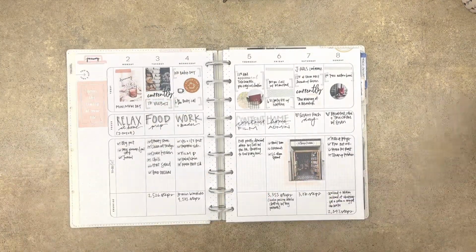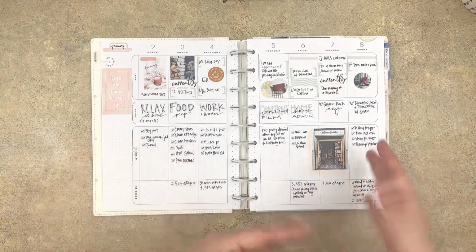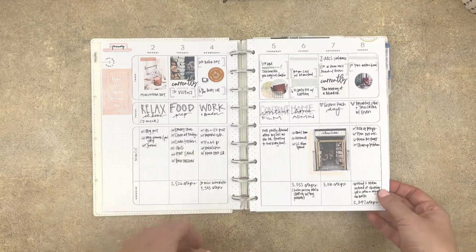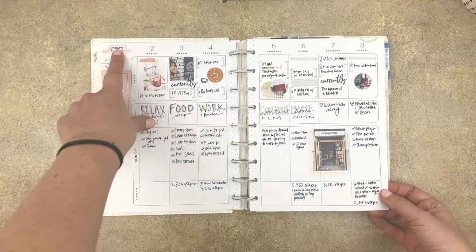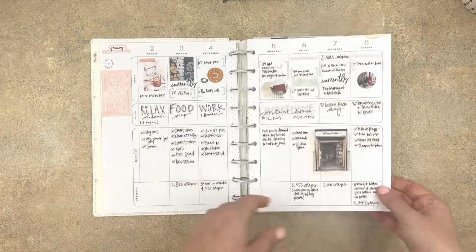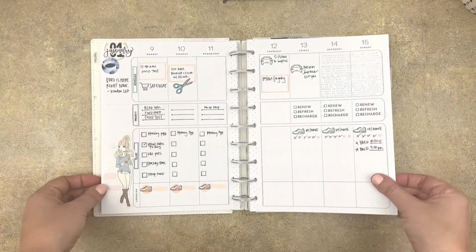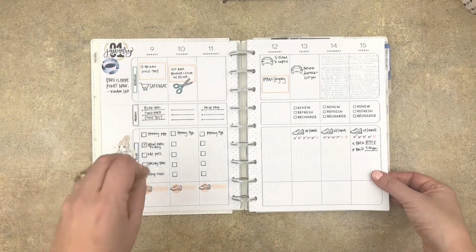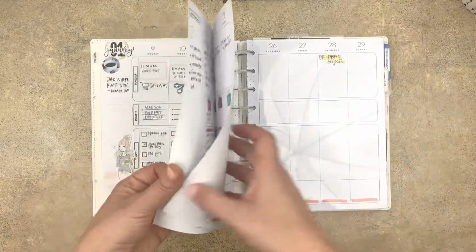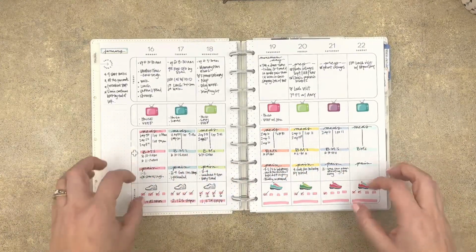How I'm doing that is I have this planner set up, and for this month it has been more tracking health things because of my surgery. This is a hacked 2022 insert. I think it's from May, and it allowed me to keep the dates. But this insert was my much more functional kind of insert. And then this was last week, and as you can see, I was tracking a lot of health stuff,